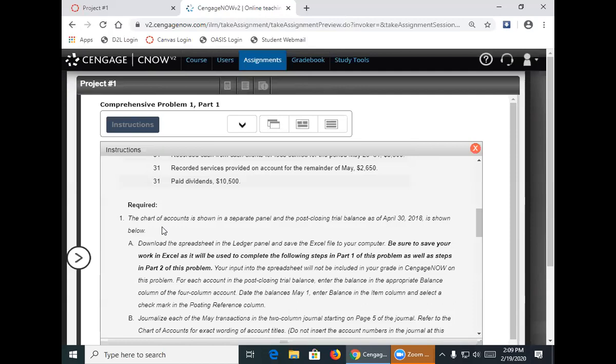So we have options for saving. Whatever you work on in class today, you'll want to make sure and save. That spreadsheet, the ledger, is a separate Excel spreadsheet account that we'll keep. You're going to journalize all of May's transactions and post all of those to the ledger. When you're finished with those two parts, which is the lengthy part of the project, you'll do an unadjusted